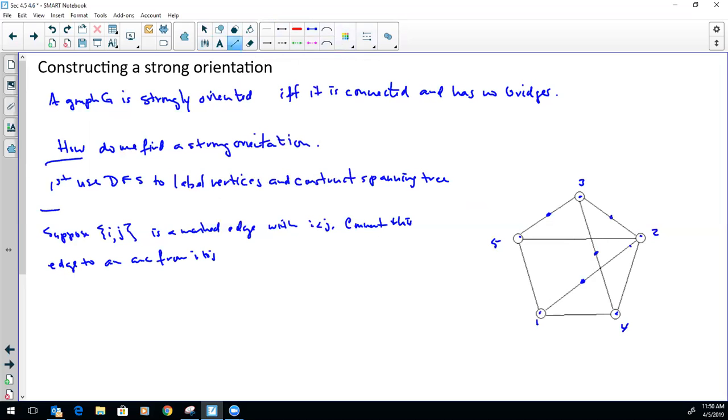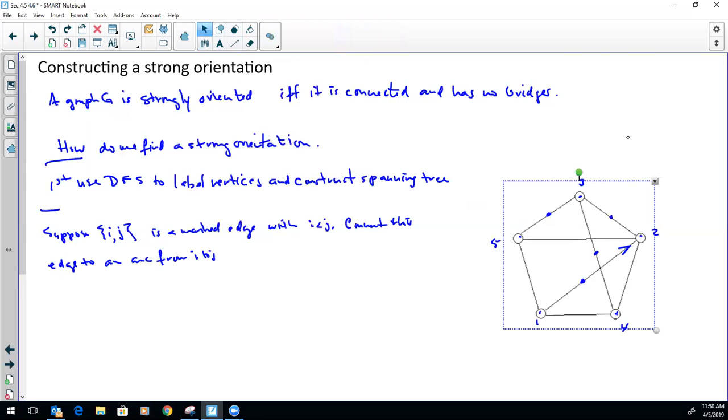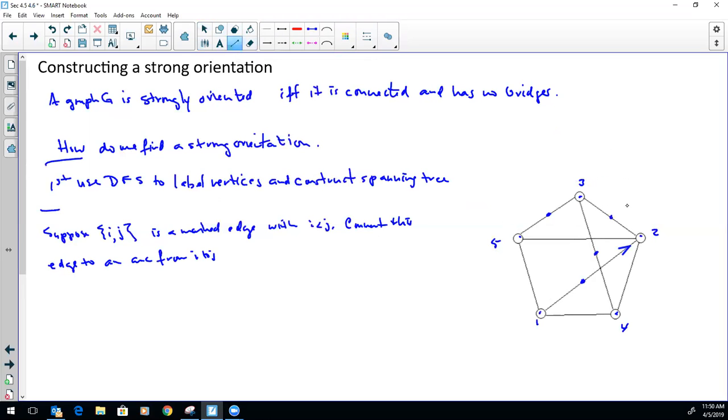to a directed edge from 1 to 2. Okay, 2, 3 is marked. 2 is less than 3, so I'll change this edge from 2 to 3 into an arc from 2 to 3. The edge joining 2, 3 is now an arc. Okay, 3, 4 is marked. The edge connecting 3 and 4 is marked. 3 is less than 4, so I'll make this into a